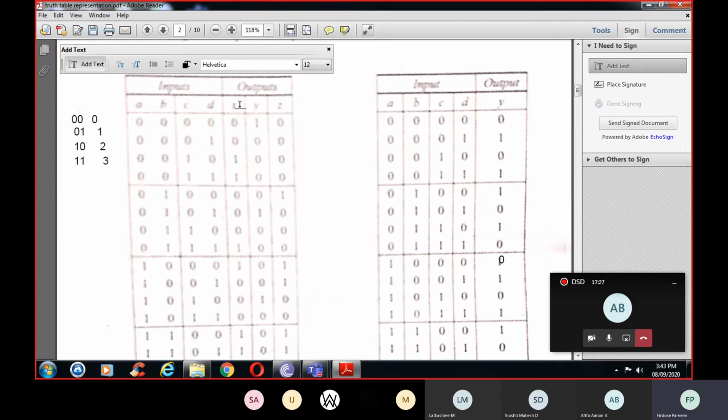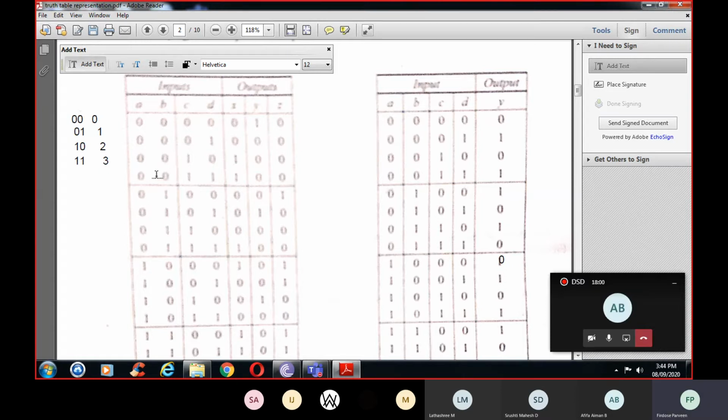Okay. So now you can see here 0, 0, 0, 0. It is identical, so the second output was 1. This is 0, 0 means it is 0. 0, 1 means it is 1. So 0 minus 1, that means it is 1. It is not differing by 2, so it will be 0 only. 1, 0 means it is 2. So 0 minus 2 or 2 minus 0, it is 2. So it is differing by 2, so it is 1. Got it understood?